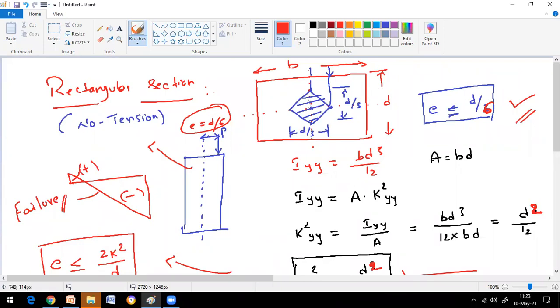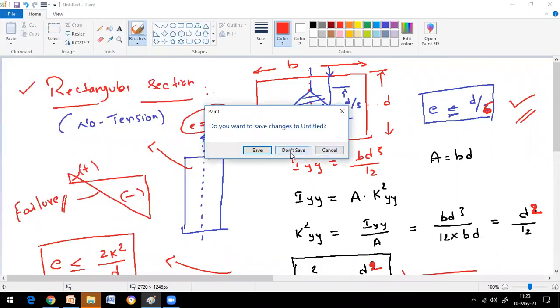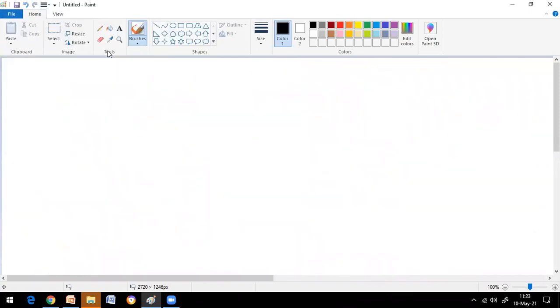In the same way, let me write the eccentric distances of the other sections also. Please try to note them down. Take notes fast, we have only a few minutes. There is another lecture. For rectangular section, E should always be less than or equal to d by 6. Okay? Next,